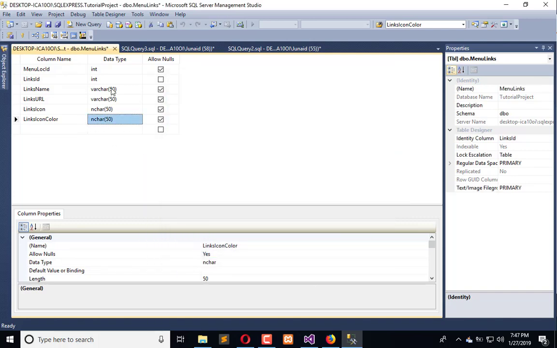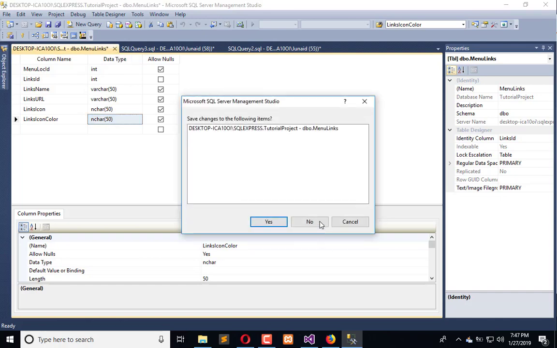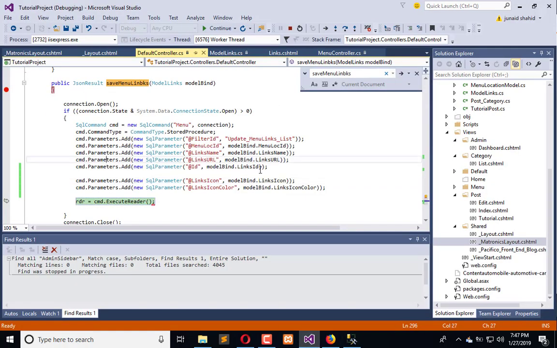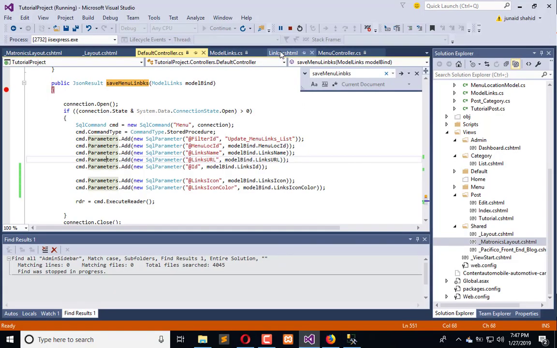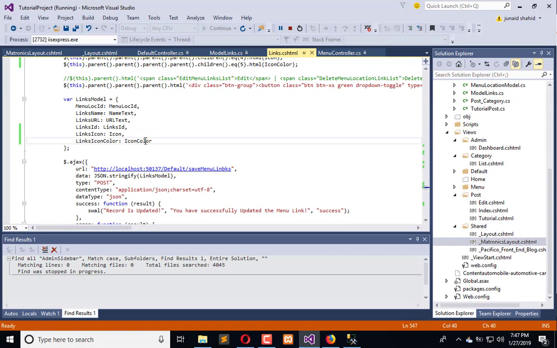Okay, it's not updated, or we can do something else like this. Let it continue. Go to the links. When I get icon and icon color, I will remove the extra space, and for this we will